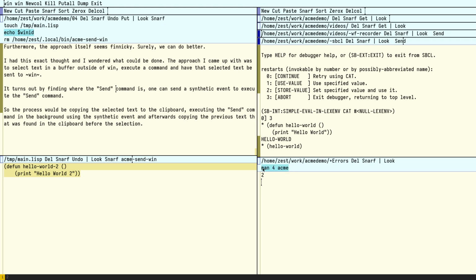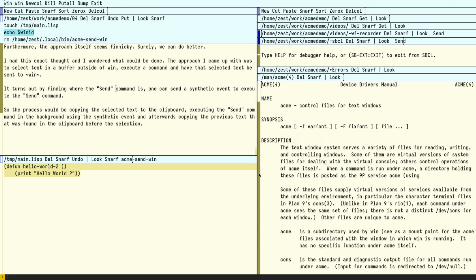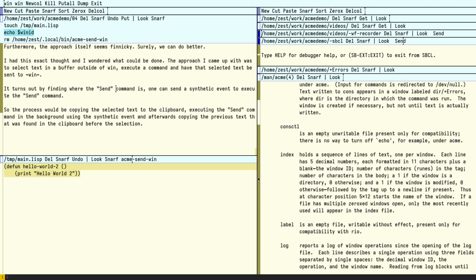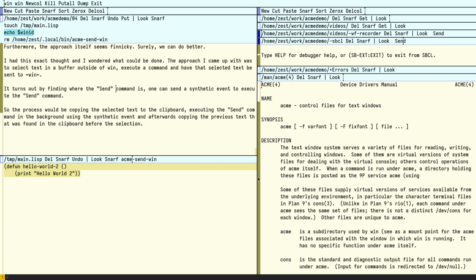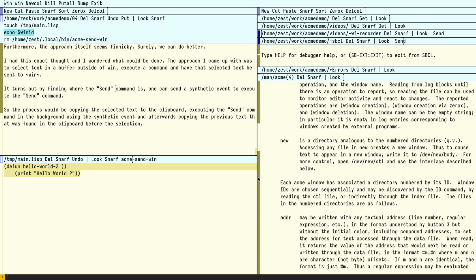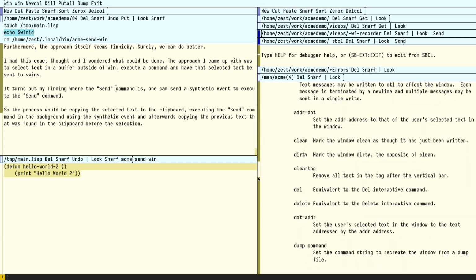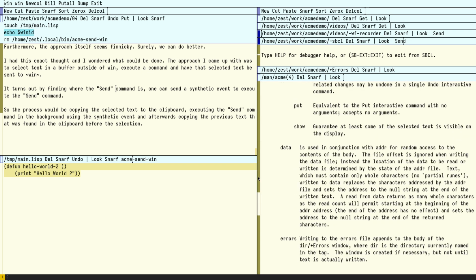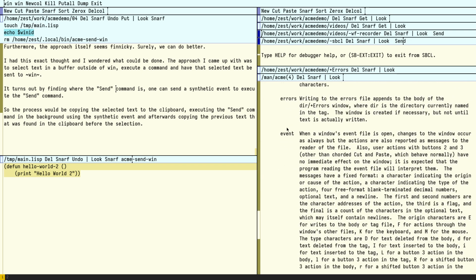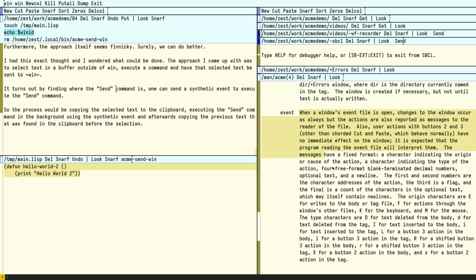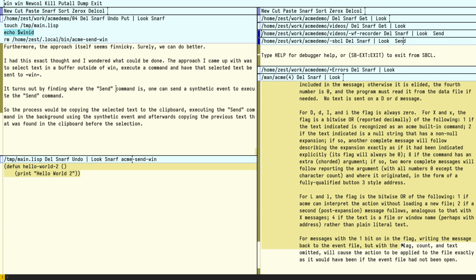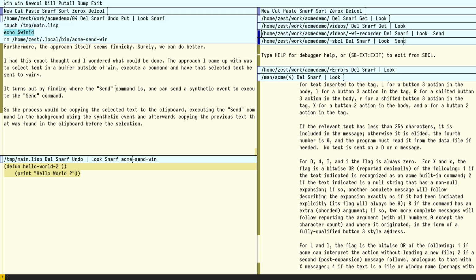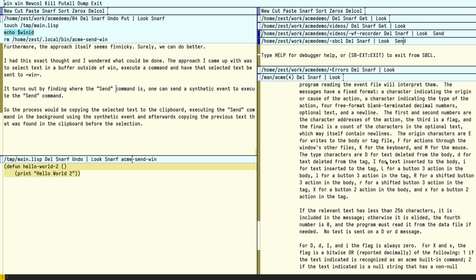For those that don't know, Acme comes with a 9p server, and that 9p server can be used to manipulate Acme's internal state. So there is a file in this Acme 9p server. It's called event. So here's the description. But what we're interested in is the M, which stands for mouse. So if we look up top here,